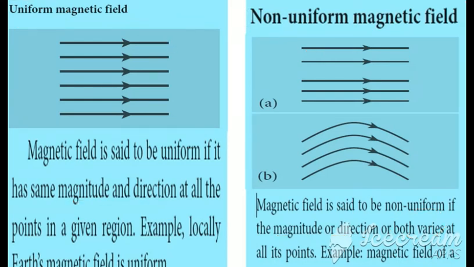So this is just an introduction about the magnet. What we have seen today is, first, the magnetic field, the horizontal component and the vertical component, what happens at the magnetic equator and the poles, then the properties of a magnet, and also the properties of magnetic lines, the magnetic flux and flux density, and lastly the uniform and non-uniform magnetic field. Yes, make yourself thorough with all these topics because these are the basics for this lesson.